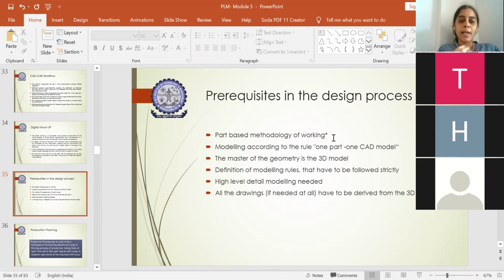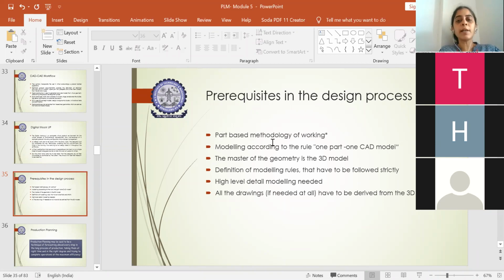Every product will have n number of parts. All these parts will be clubbed together in an assembling unit to get a product. So the methodology followed in manufacturing each part has to be known by the design person. Based on that, he will be able to provide a convenient, compatible design which will be better when compared to other companies who are trying to manufacture the same trend of products. So the design engineer should be aware of this to create the part design in digital mockup. So this is one of the prerequisites.